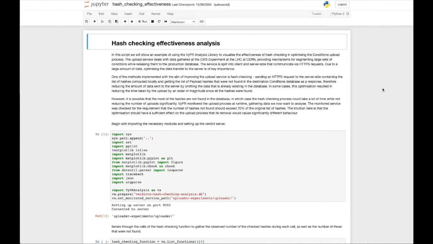So this is our first example of the VyPR analysis library being used to analyze performance data taken from a real-world system. In this case, it's our case study from the CMS experiment at CERN. And in this case, the service that we're analyzing is a service that takes data from runs of the Large Hadron Collider at CERN and uploads that data into a central database ready for certain activities to be undertaken by